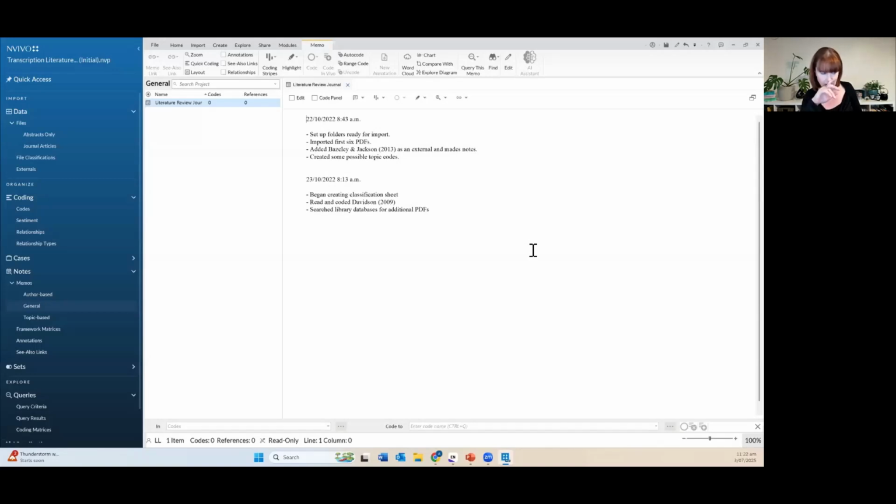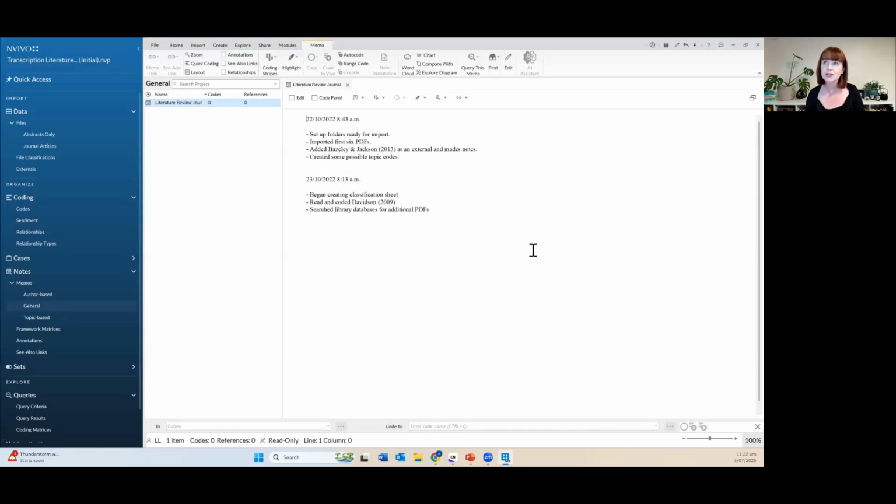Now, I must say that when I first started using NVivo for literature reviews, it was when I created my first memo in a project that I started to get really, really excited. I think I tend to give people the impression that I am terribly organized, but it's actually not my natural state. It's something that I have to work quite hard on. And I'm one of those researchers that if I let myself, and even now as I speak, I can see all sorts of post-it notes around my desk with little random notes of things I need to come back to later. And of course, that's not a really effective technique to be using when you're working on research projects or